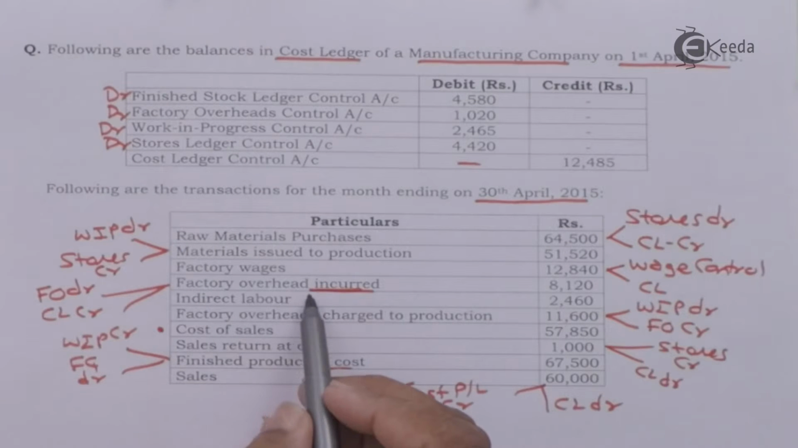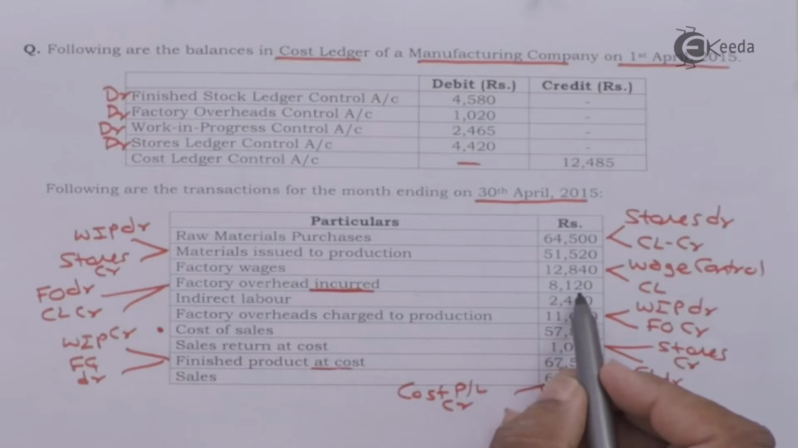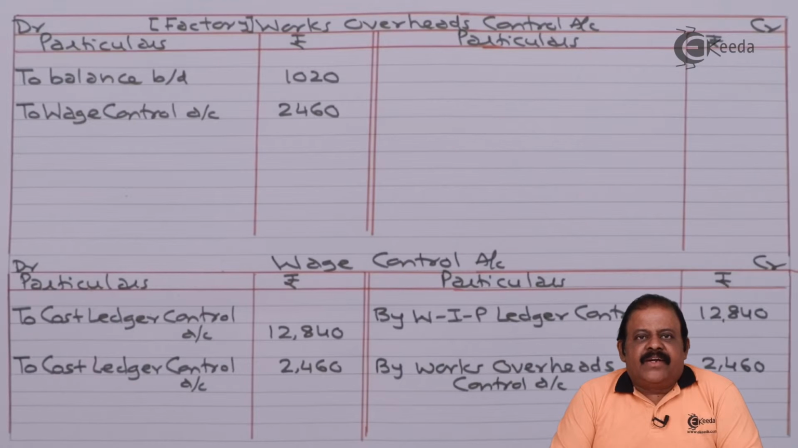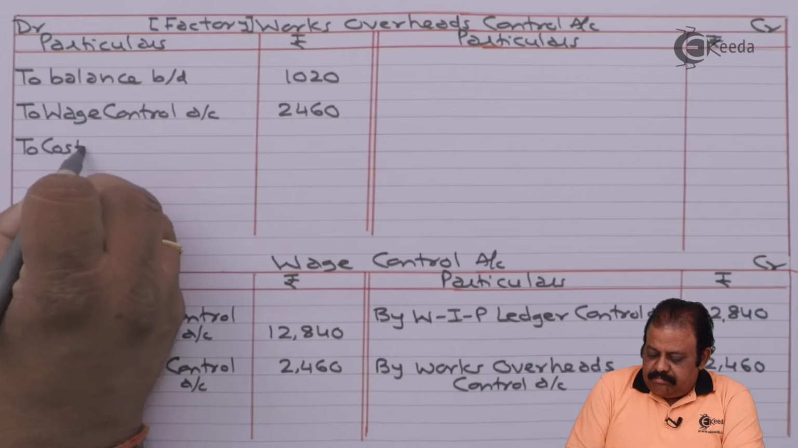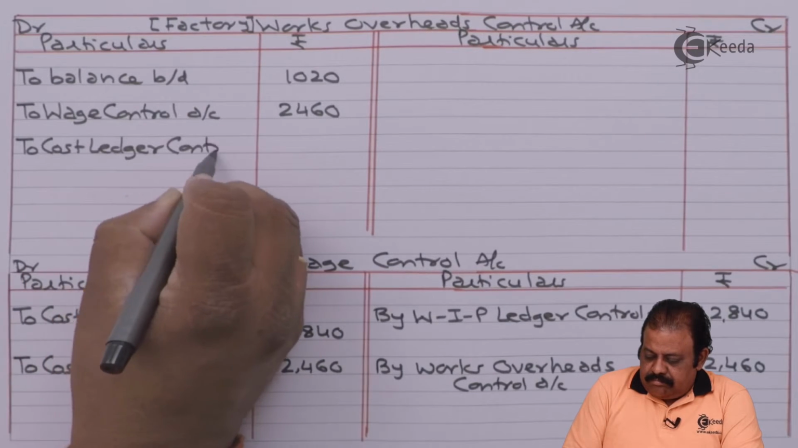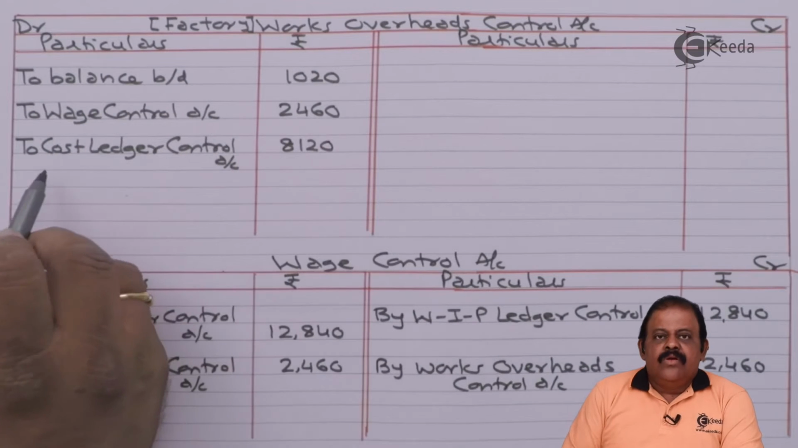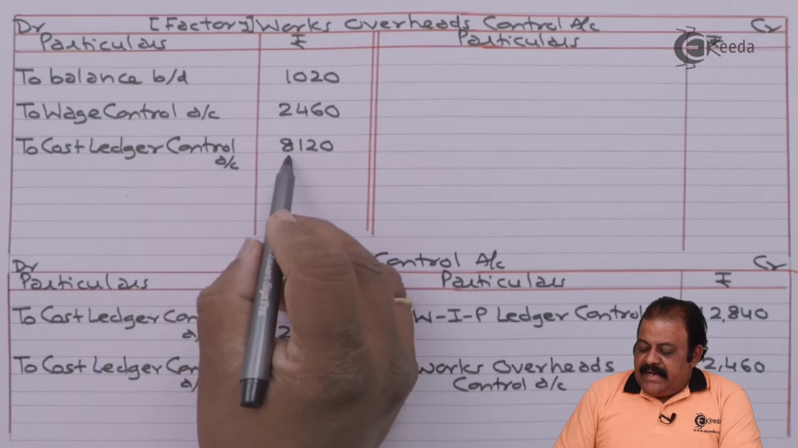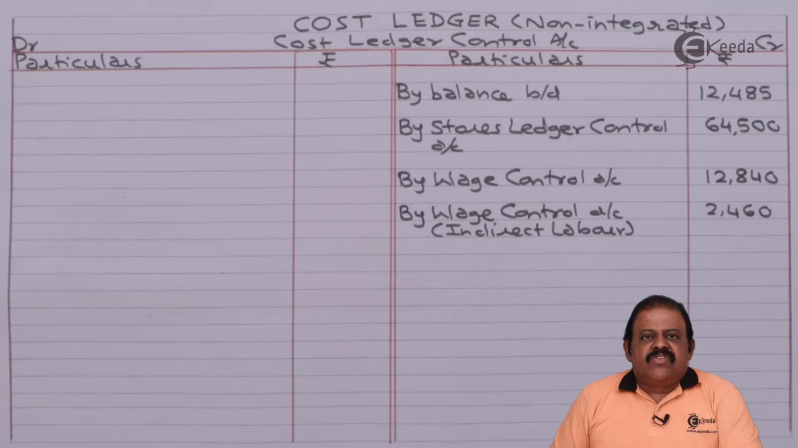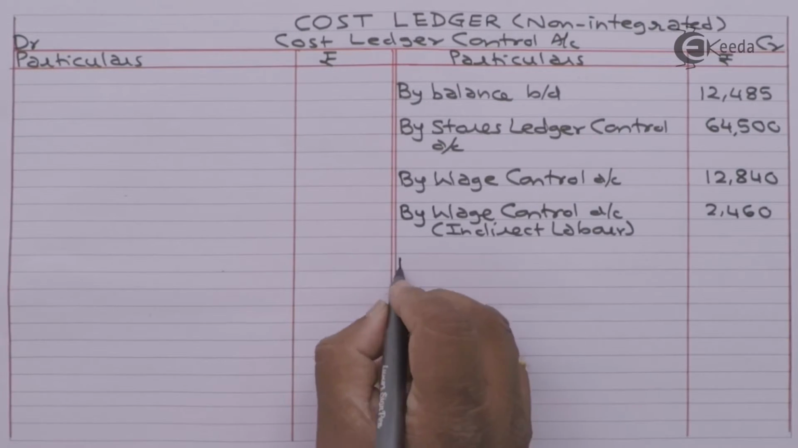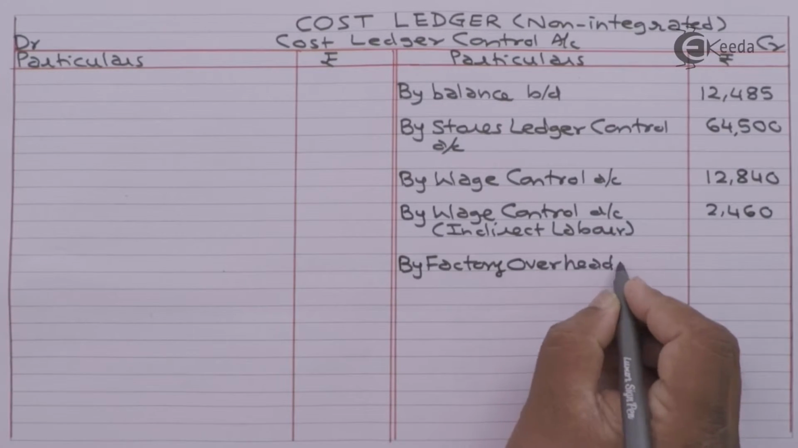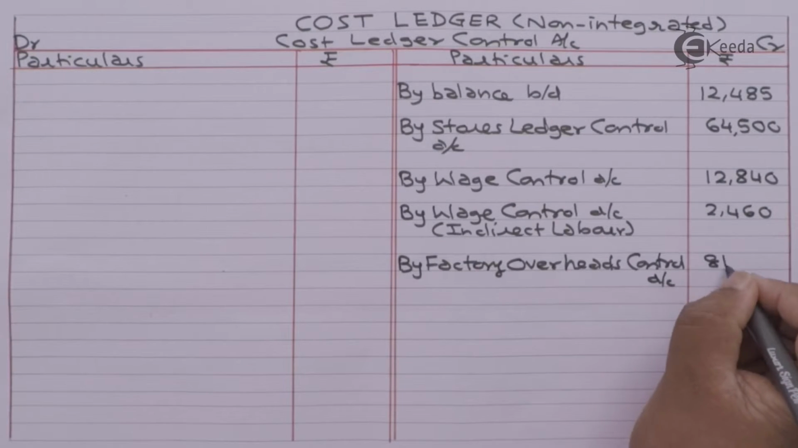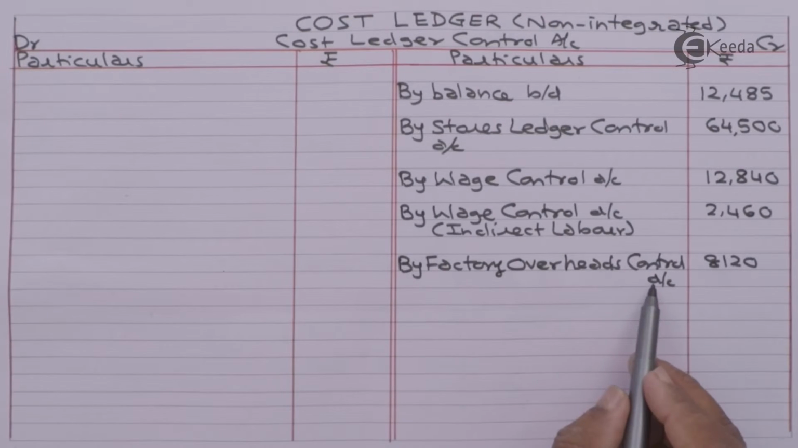2,460. Factory overheads incurred 8,120. This will be debited to factory overheads control account. To cost ledger control account 8,120. This will be credited to cost ledger control account. By factory overheads control account,